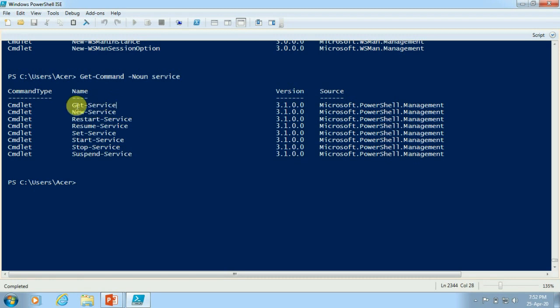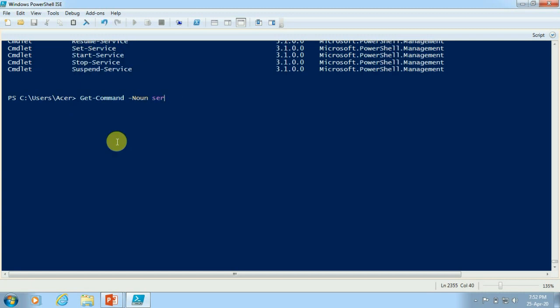So either we can specify the verb part or we can specify the noun part. Here we have used service as the noun, so you can see that wherever service is available in the noun, we got all those commandlets.